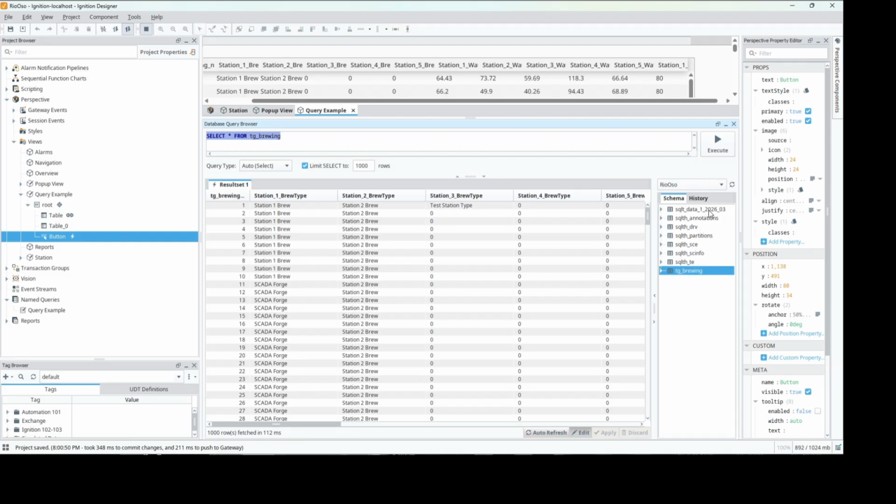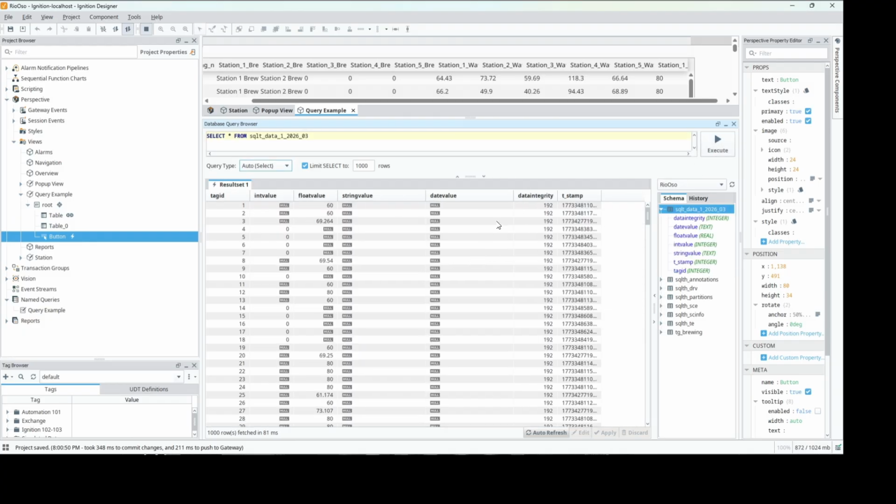And then we'll see here we have the history tables and things with the SQL T in front of them. This one is our historical data table that we could pull out history data through a query if we want. But Ignition is pretty powerful in terms of database interaction, and that's how it originally got started. When it was first developed, it was a simple way to get data from PLCs into databases. And again, we'll dive a lot more into this in future